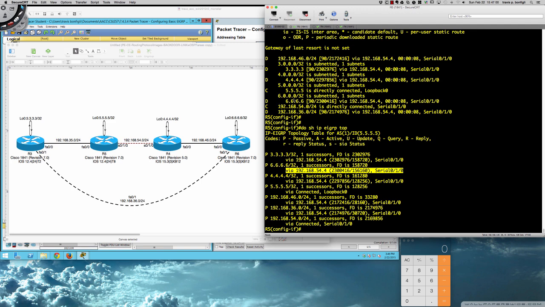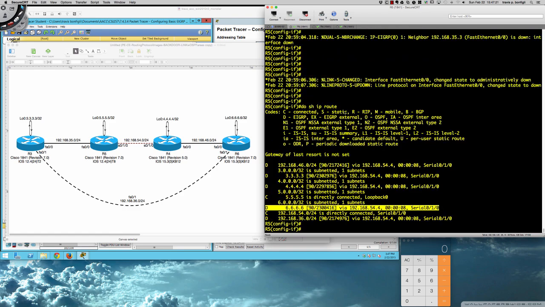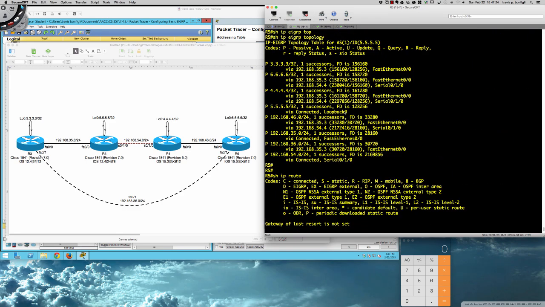So we were looking at 6.6.6. I apologize. I got caught here on 3.3.3 thinking that that was our feasible distance number that we were trying to double check. It is not. That's what we're trying to double check. And so you can see that the feasible distance is now 230.0416, and that was the exact same number that the topology table already had queued up, ready to go,